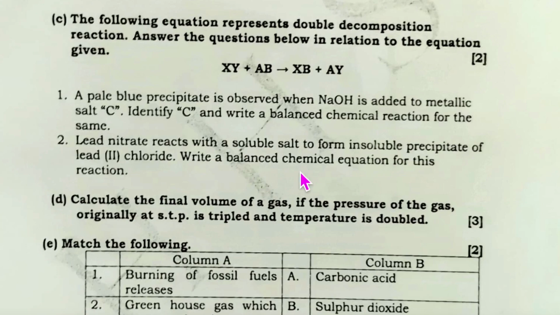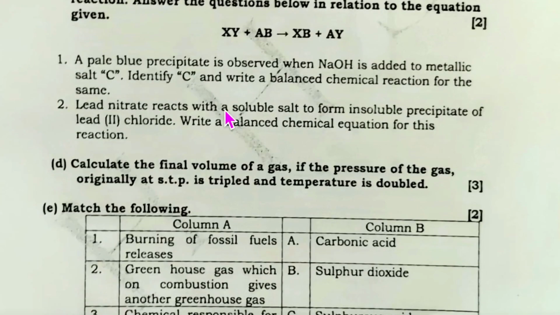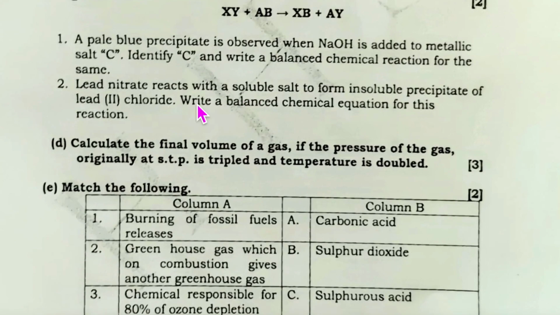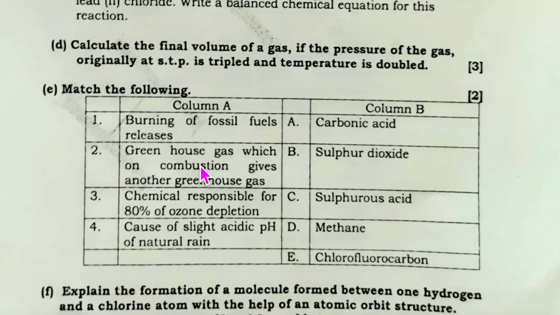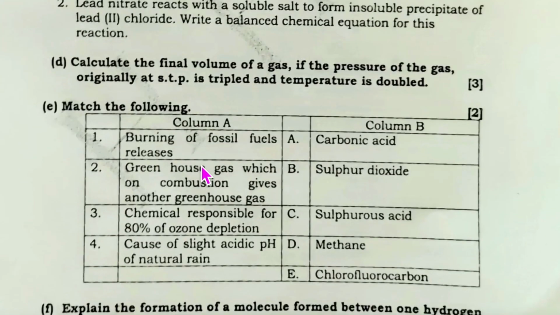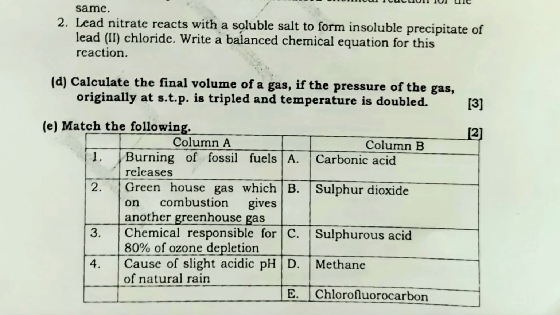All right, and you have to also tell me that, ma'am, I found this confusing. Can we make some other questions like this, and I'll give you the revision. I have no problem. Let us come to the D part. Calculate the final volume of the gas if pressure of the gas original at STP is tripled